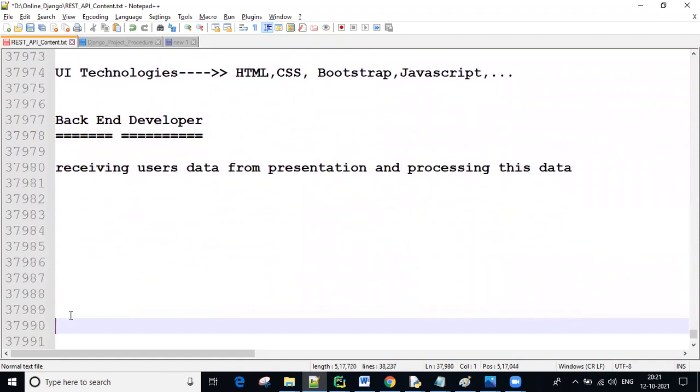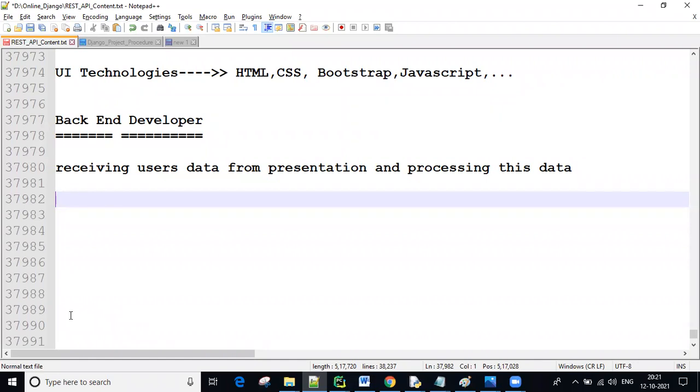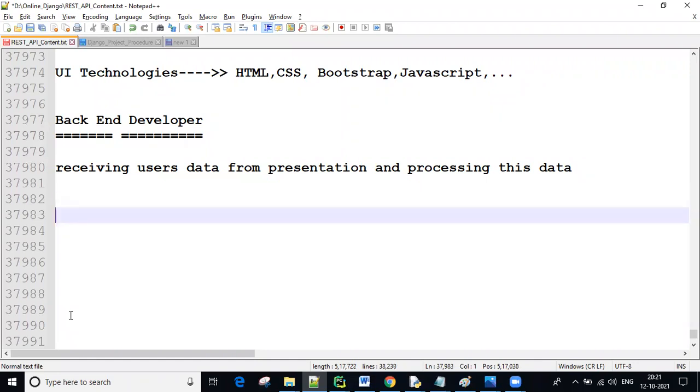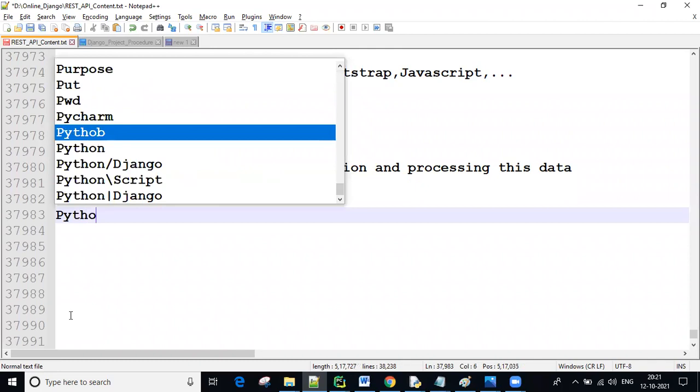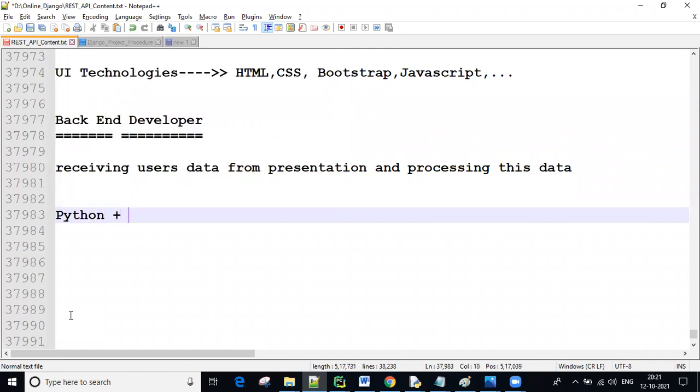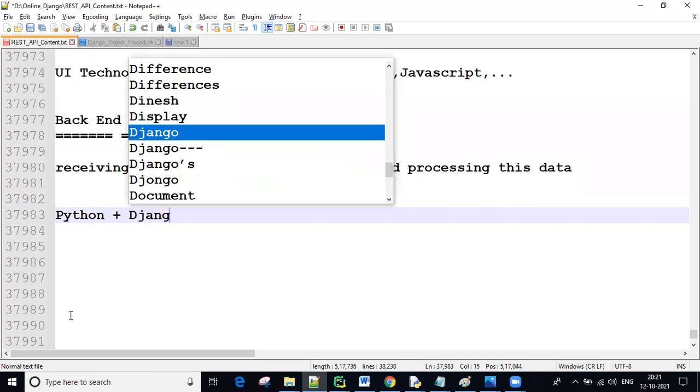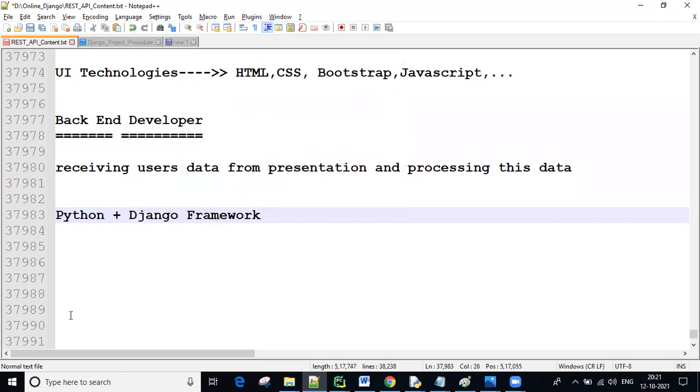All backend developers must know at least one language, like Java or Python or .NET, whatever. For example, Python and a framework related to this language, like the Django framework. Got it?